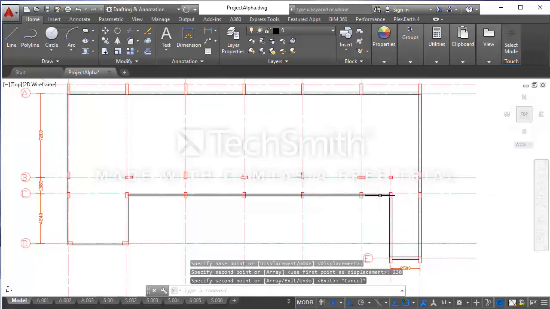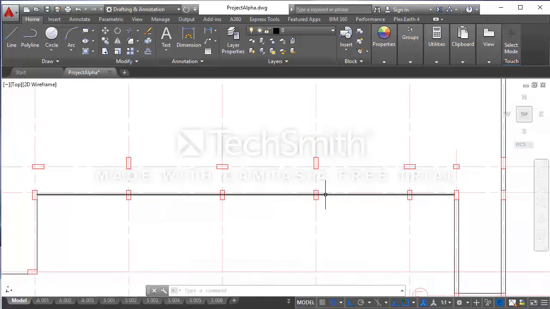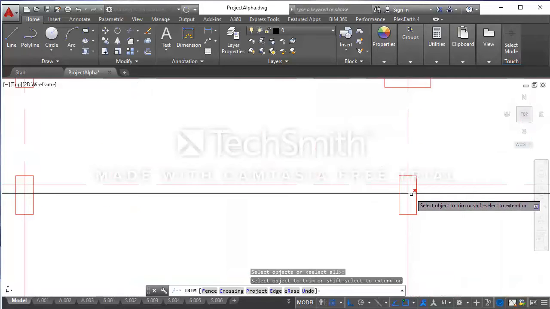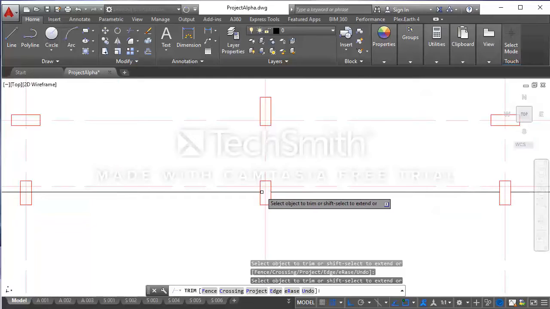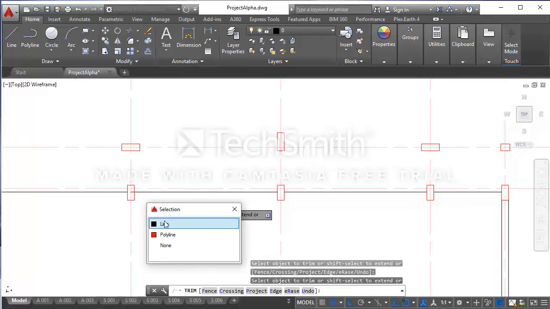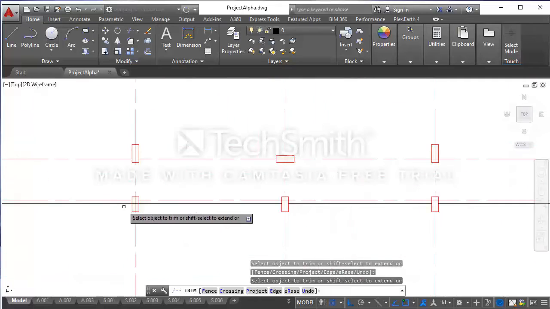I will have done the same for, wow, look at this line, I didn't trim it. So I'm going to do that now. I'm going to use the trim command, activate it, and I will trim the line that passes through the column. I'm still trimming the line.